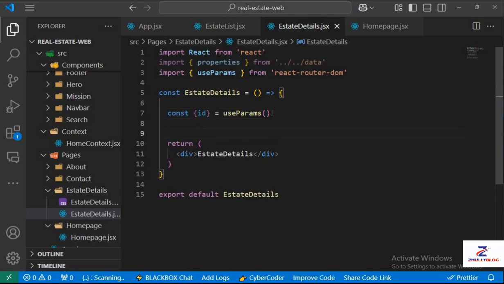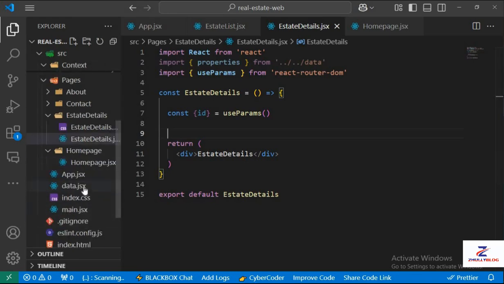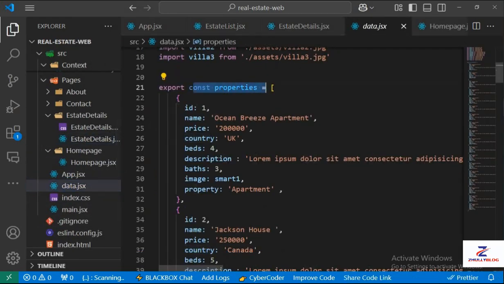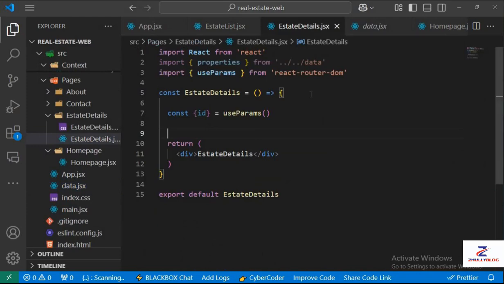And then the next thing we're going to do is to find the house in the properties array that matches the extracted ID. So let me show you. This is the properties array here. We need to find the house that matches the ID that we have extracted. So we're going to use the find method to iterate through the array and return the first house object that satisfies the condition, whereby the condition is to find the house in the property array that matches the extracted ID. So here, const house will be equal to properties